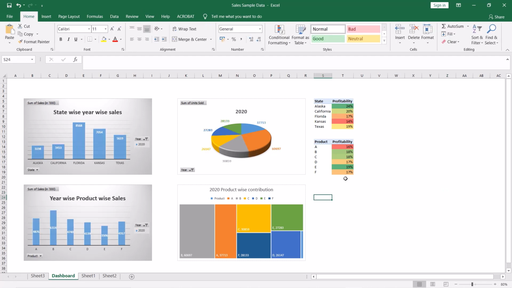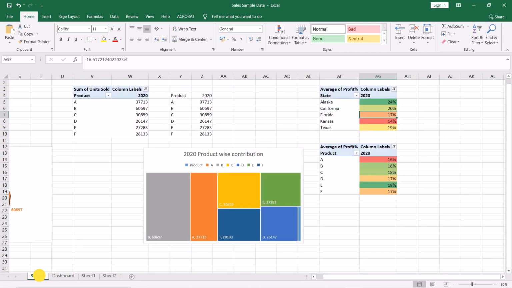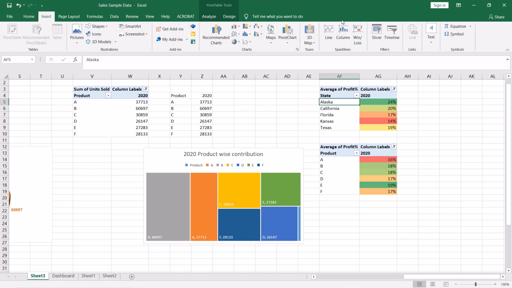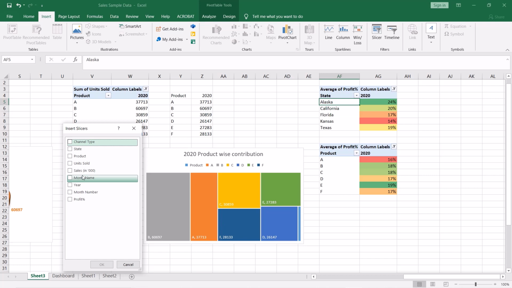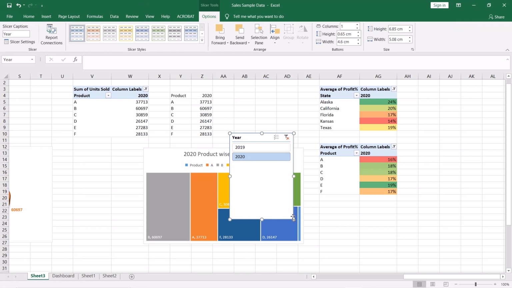One more thing I would like to add here, that is slicer. We can select any pivot table, then go to insert, slicer, and select the particular year column here. We resize it. We are keeping two columns.